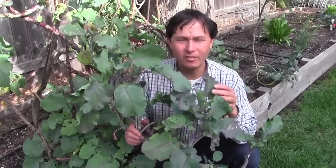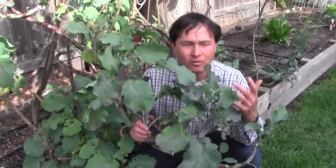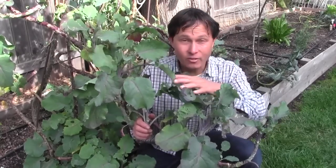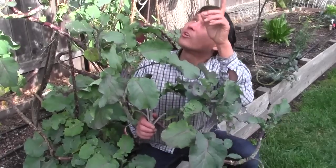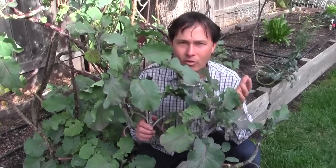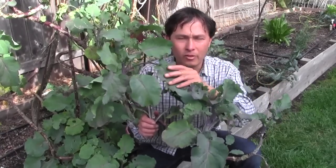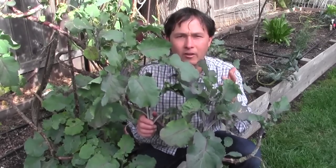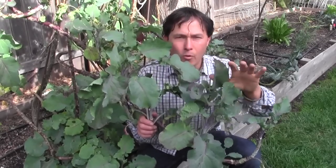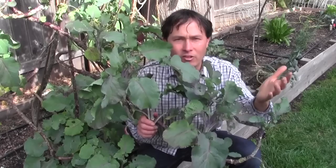And this is pretty much their staple green because it grows year-round without any hassle, whether it's the summertime, the wintertime. These guys are always here and they always have greens on them. It's much like the oak tree that's above me. The oak tree is always here. It's always growing. And same thing with these purple perennial tree collards. They're always here, so they always provide a source of food for Dr. Rick and Dr. Karen, whether they're going to juice them, blend them,